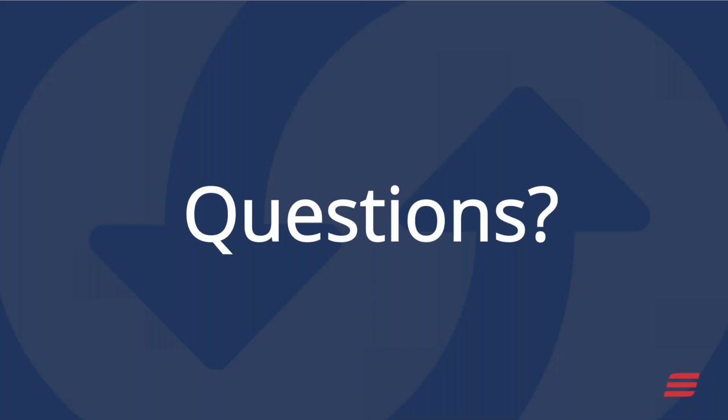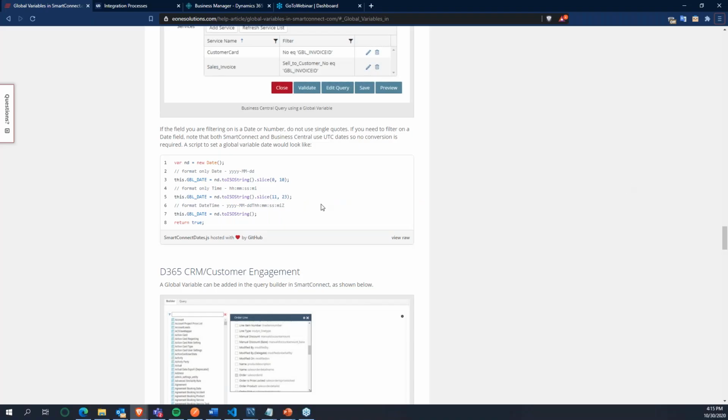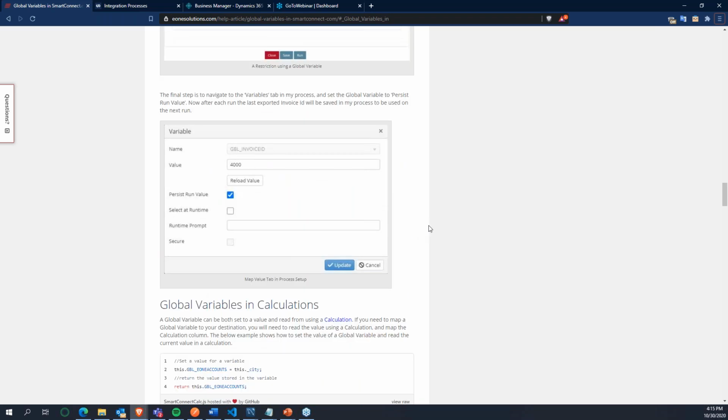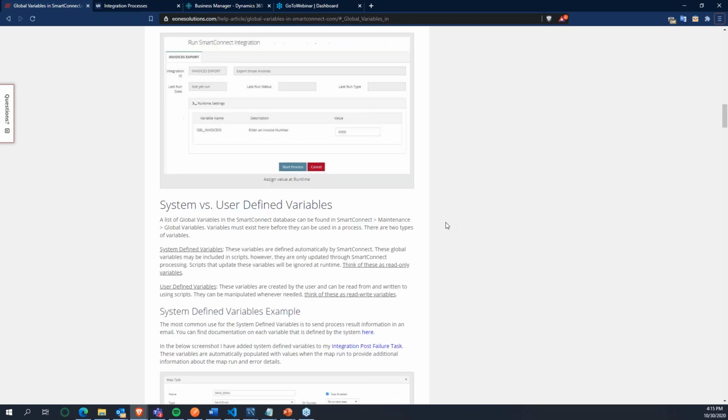So on to questions. Oh yes, I forgot to say. If a different integration process is using the same global variable, will it persist the value for the other maps, or does it become local for each integration process? So if, in this, it actually goes into detail about how that works, but